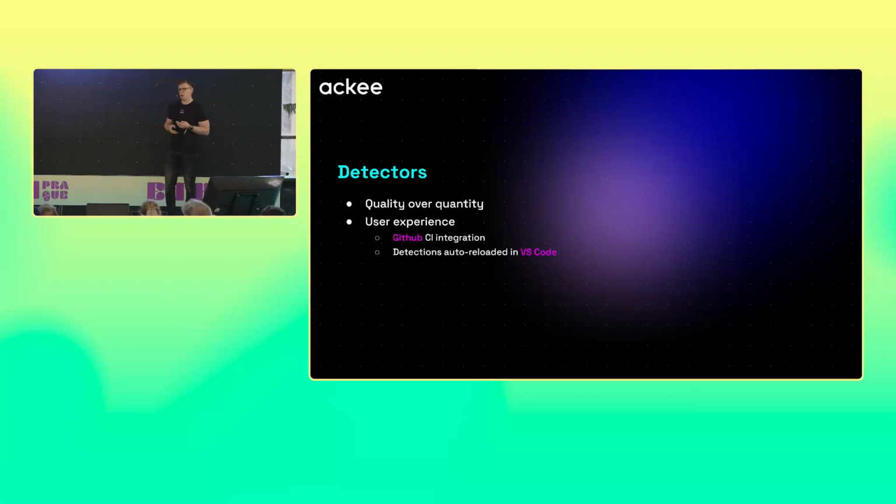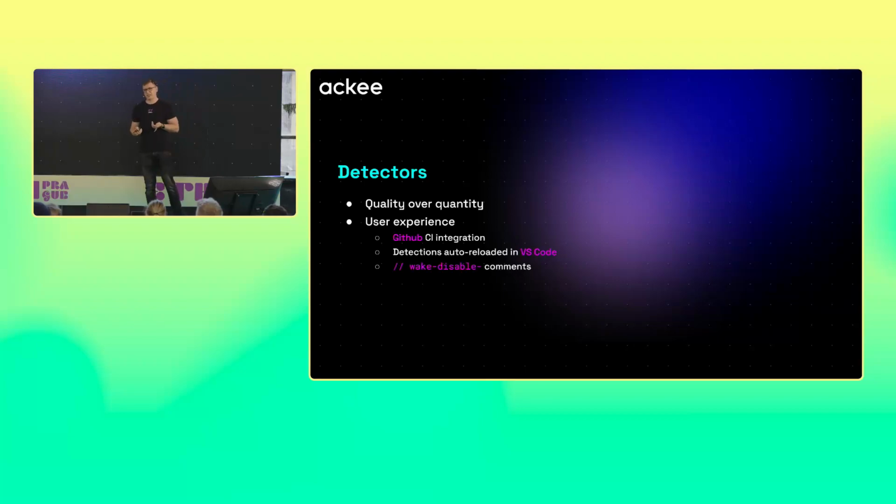As I said, Wake is highly integrated into VS Code, so there's an extension for VS Code, and there's automatic compilation on each change to the code base. So every time someone types some new code in VS Code, there's automatic compilation and automatic run of detectors, and those detections are shown in real time in VS Code.